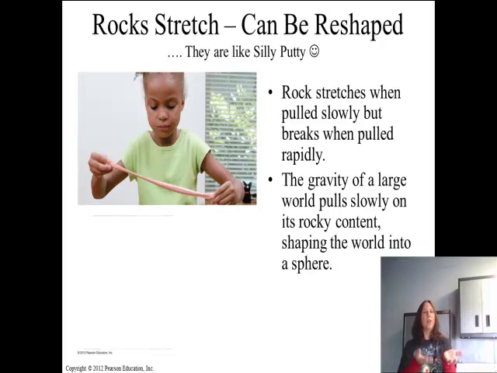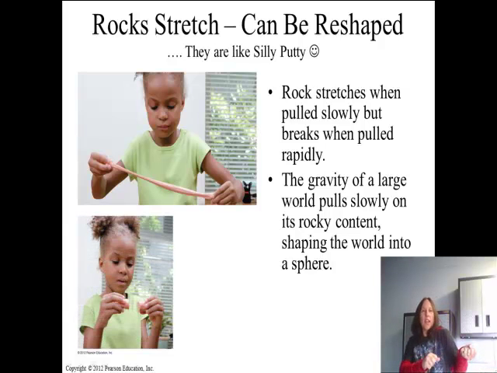One of the things I want you to know is that rocks, even though we look at a rock and we're like, dude, that rock so cannot change its form, well, if you, over time and carefully with pressure, deform or conform a rock, you can do that. Related to that, and doesn't this girl look disappointed? She has silly putty, and if she's careful, she can actually change the shape of the silly putty. But if she abruptly applies that same pressure instead of over time, the silly putty is going to